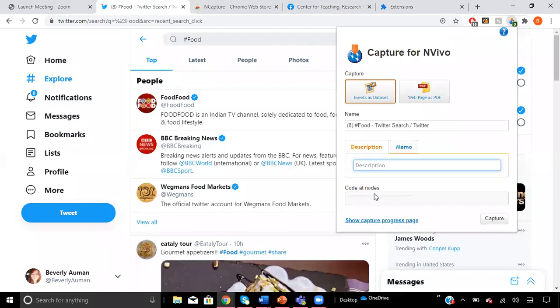And you can also code it as a node before clicking capture in case you wanted to code the entire data set as a node in NVivo. But mainly you just want to make sure you click the nCapture icon and select tweets as data set, provide a source name or whatever you'd like to name it, a description, and then just, so I'm just going to use